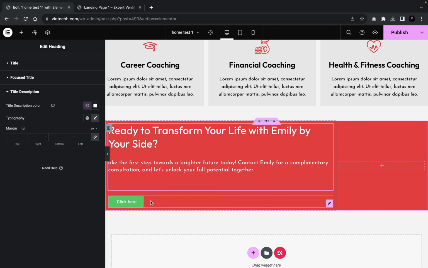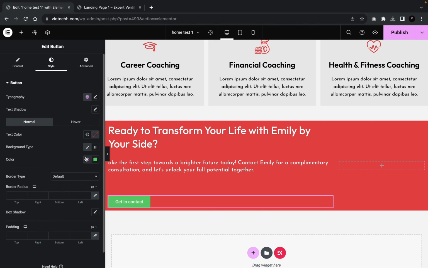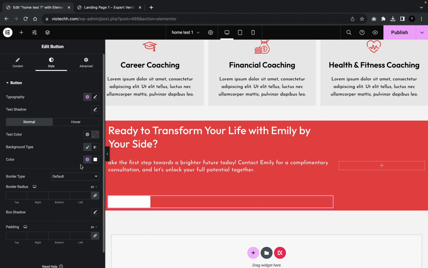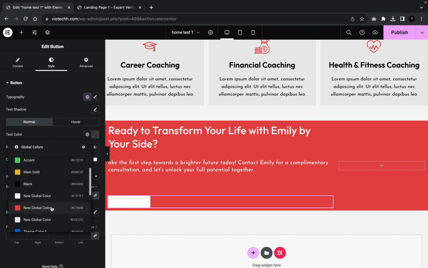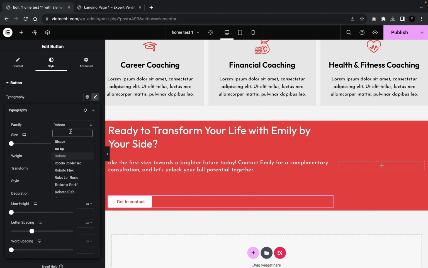So that's how it's looking, and now we're going to change our button, and we're going to click on get in contact, and we're going to go to the color, and we're going to put the background color to be white, and the text color to be the same color as our background, which is the red color, and we're going to change the font to outfit,